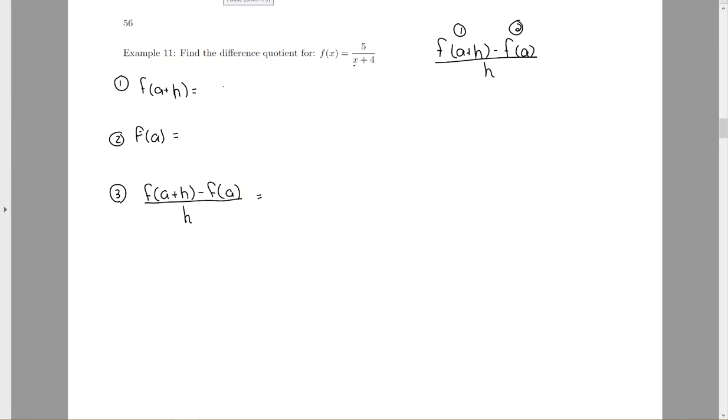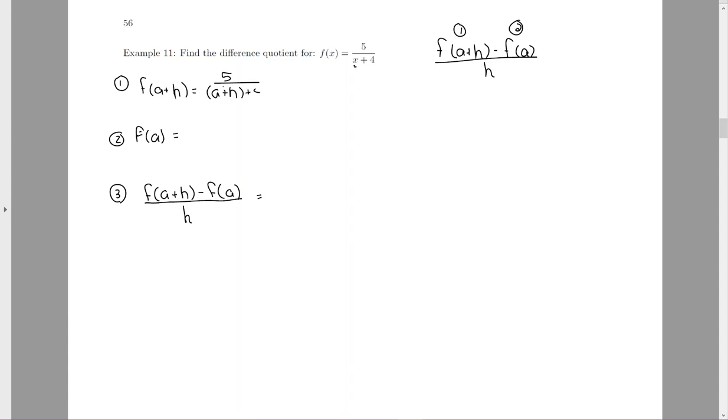So this problem is asking you to find the difference quotient for this rational function. As a reminder, the difference quotient is f of a plus h minus f of a, all divided by h. And we're going to find this in pieces. First find f of a plus h, which means we go to this function, take out the x, and sub in a plus h. So it's just 5 over a plus h